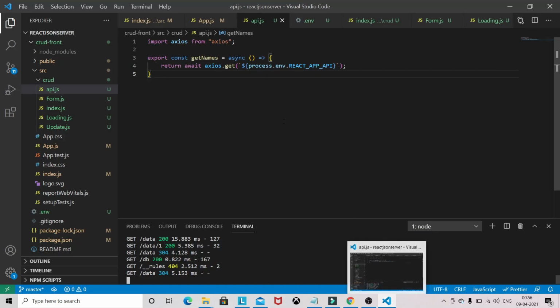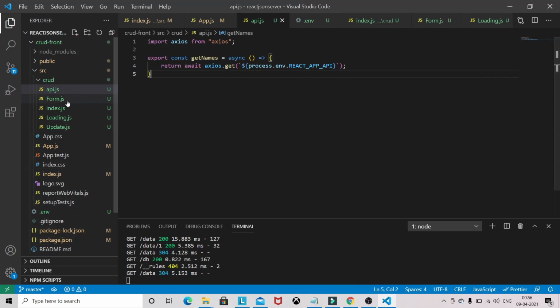I think we are not able to read this API.